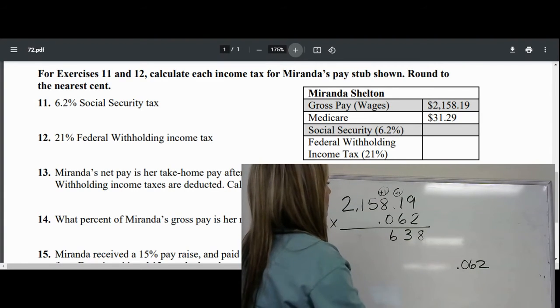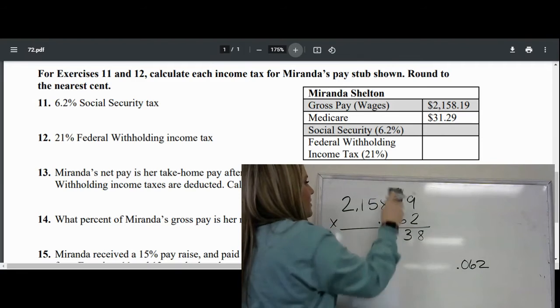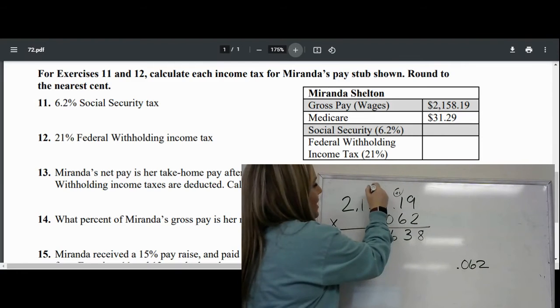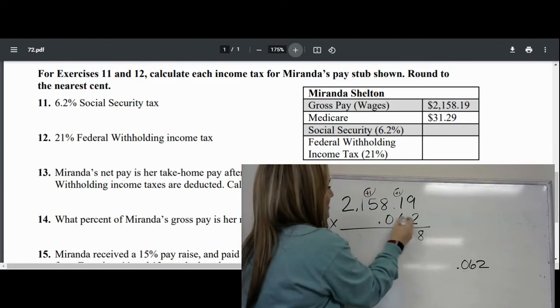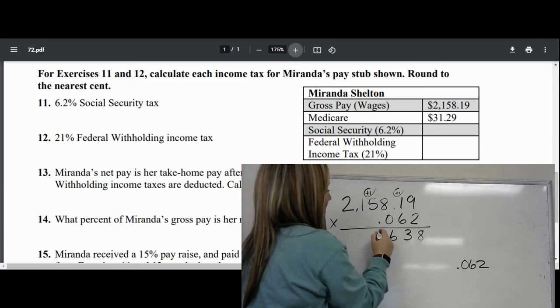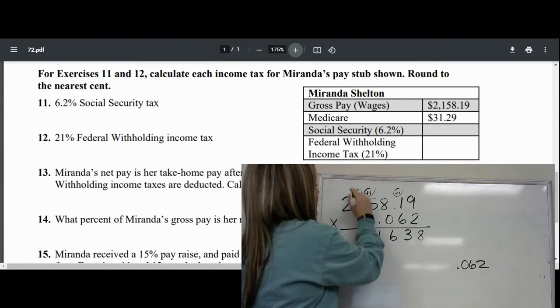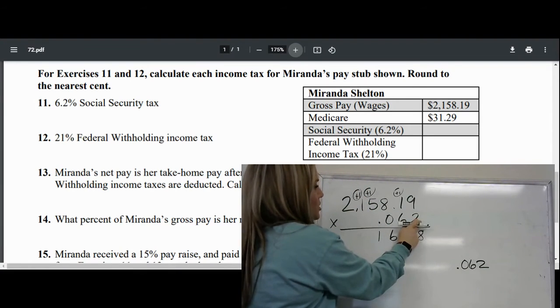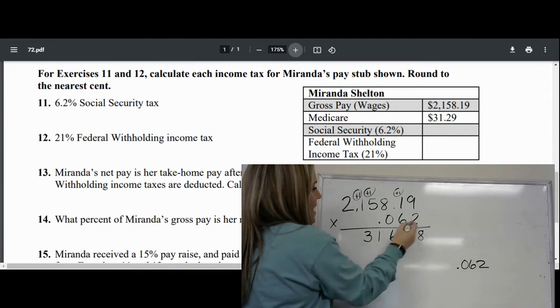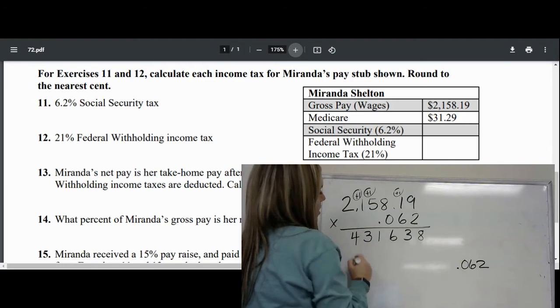Nice. I took that one to the wrong place. Sorry. The 1 has to go to this 5. Okay. 5 times 2 is 10, plus 1 is 11. The 1 can stay. The 1 has to go. 1 times 2 is 2, plus 1 is 3. And 2 times 2 is 4. All right, now,